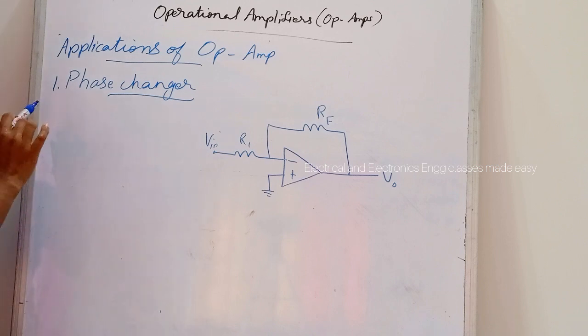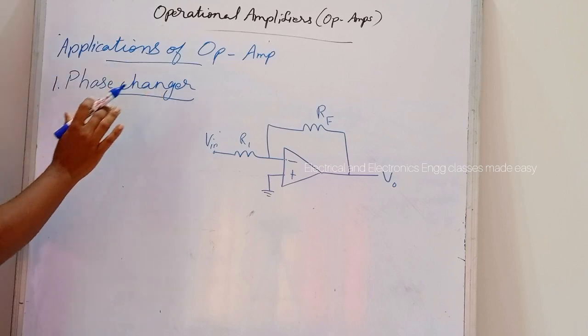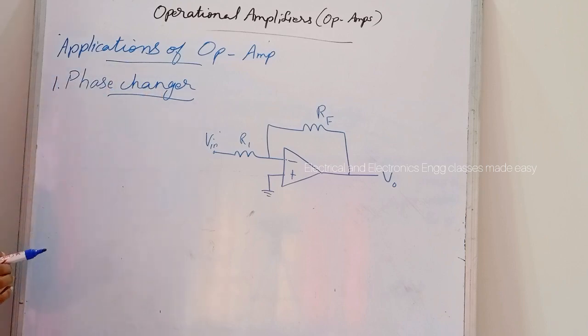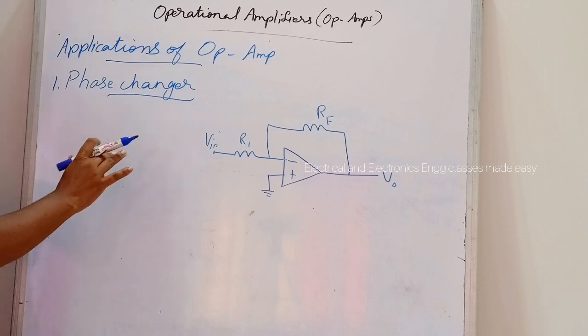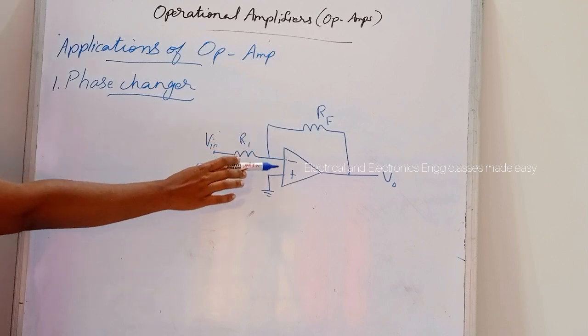Today's class is the continuation of op-amps. So next is the applications of op-amps. First one is phase changer. So this is a circuit for